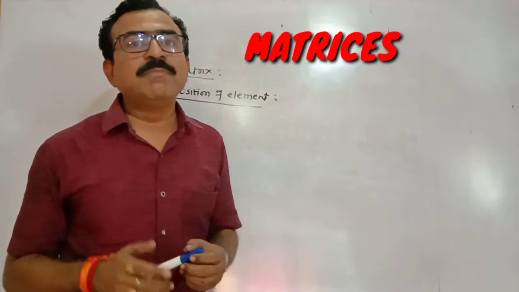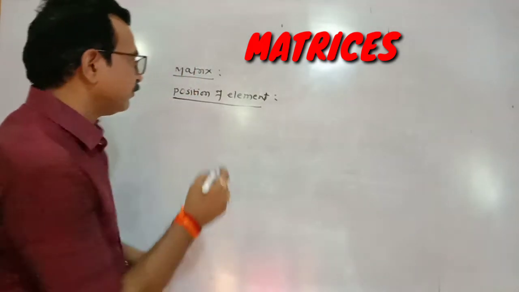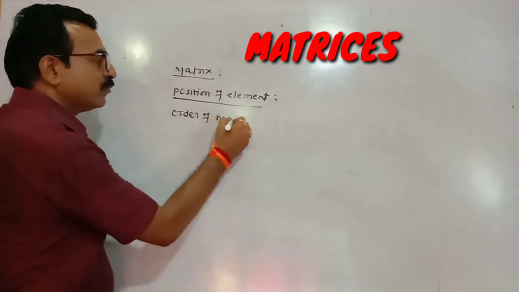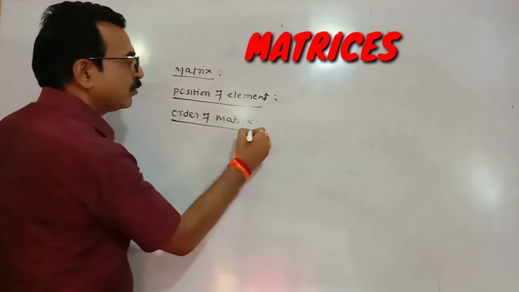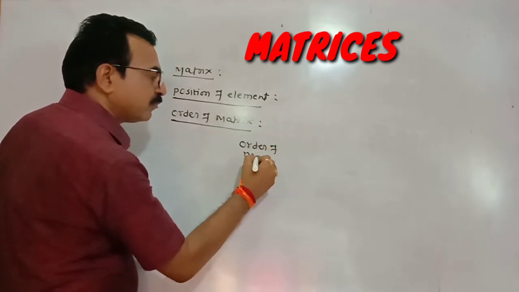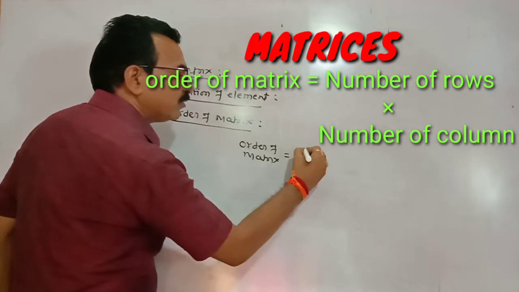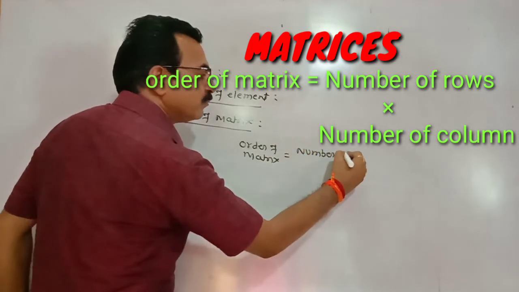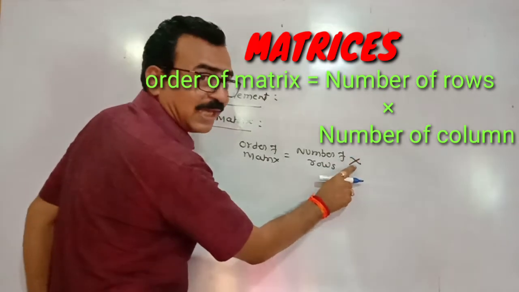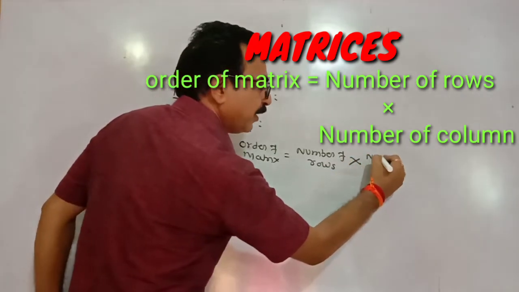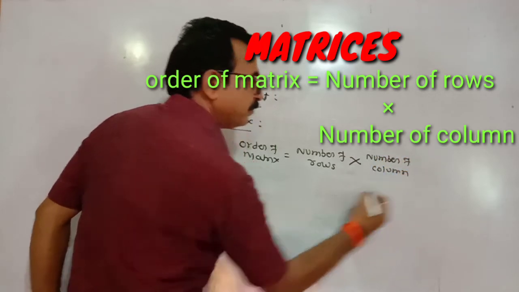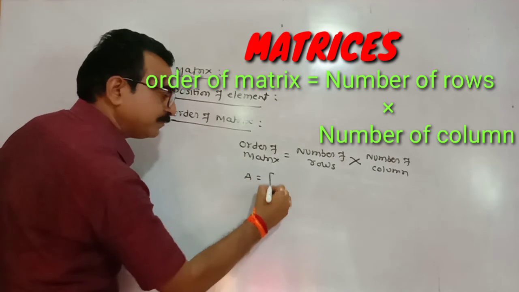Now let us learn about the order of a matrix. So the order of a matrix means the number of rows by, read it as by, the number of columns. So for example,